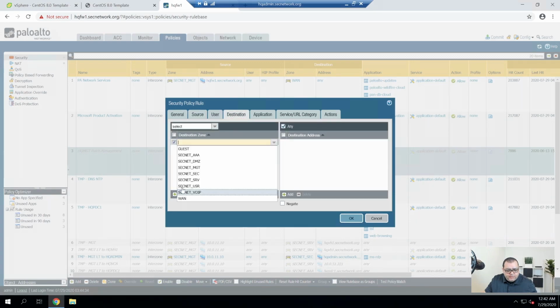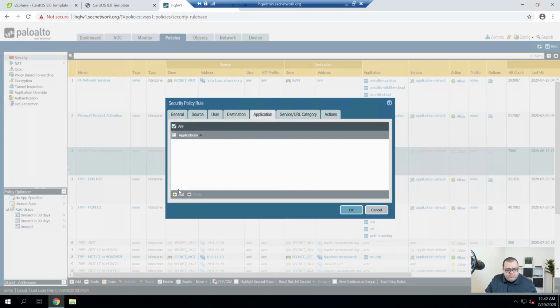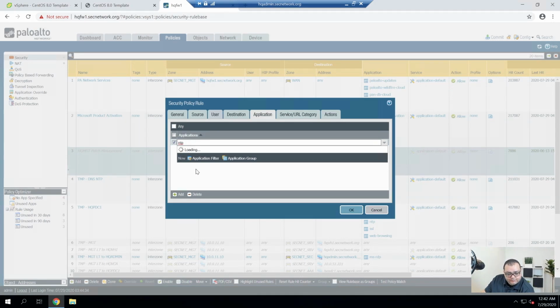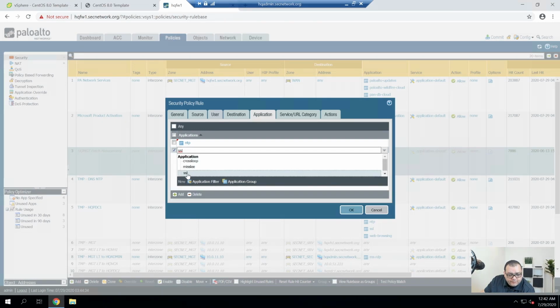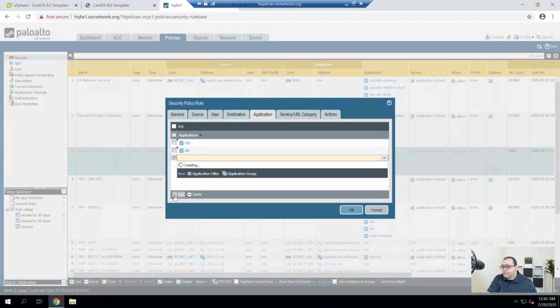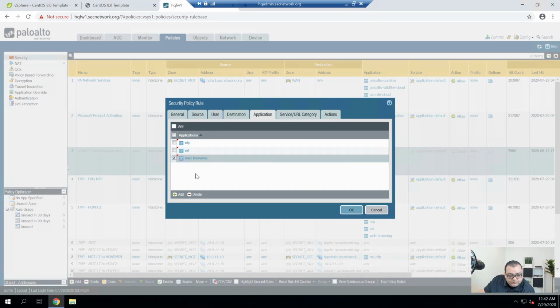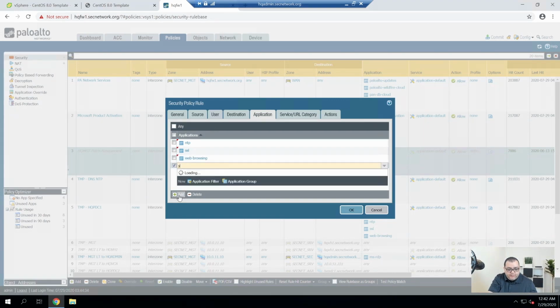As for the destination, this will be the WAN, and the applications are going to be NTP, SSL, web browsing, and yum.